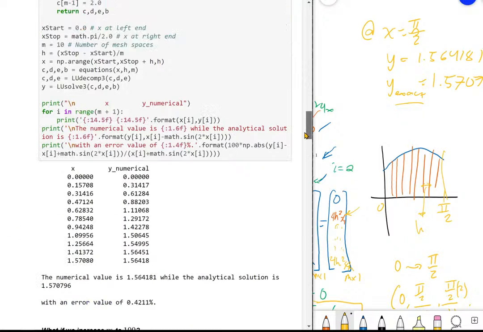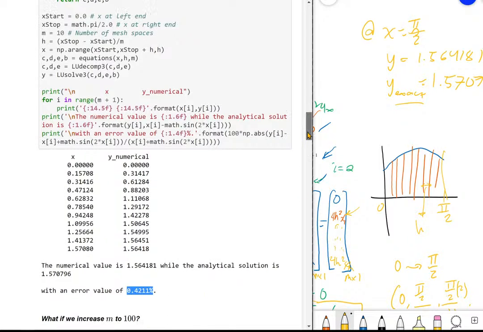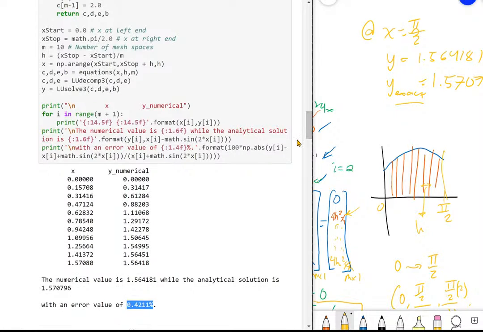So this is our result, and the error is about 0.42%. Well, it's not that bad,